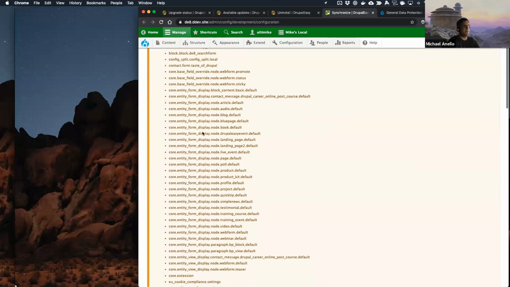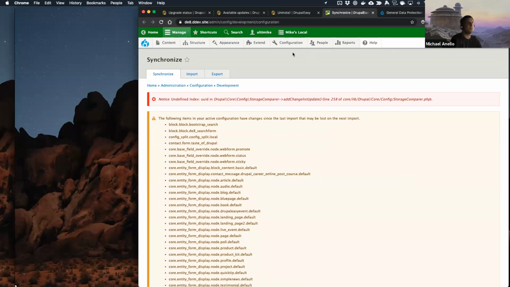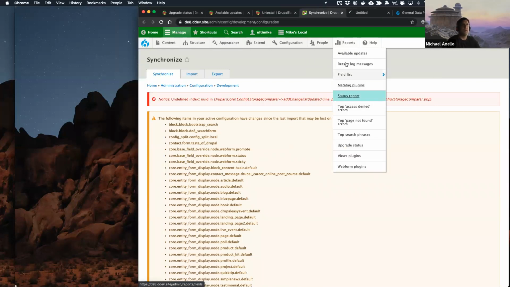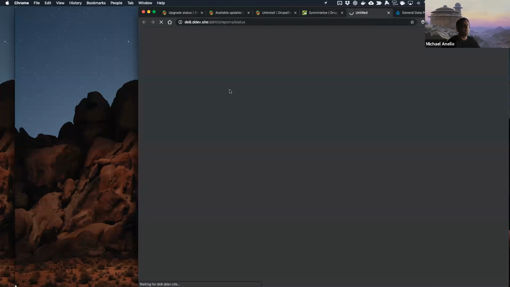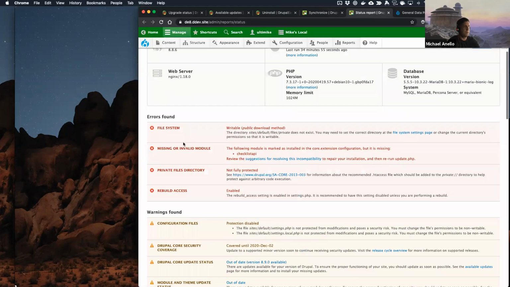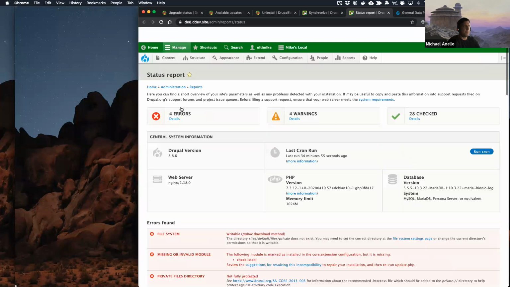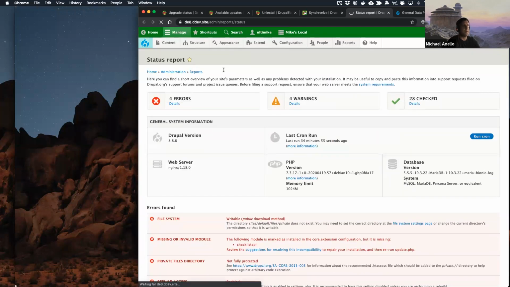You know, this is just the config sync sort of lying to us. Let's just go to the status report real quick. Never trust what's in the yellow on the config sync page. Always look at the rest. Missing. Okay, so we'll have to deal with that. But this was a dependency of GDPR a minute ago. Okay, so if we come here,